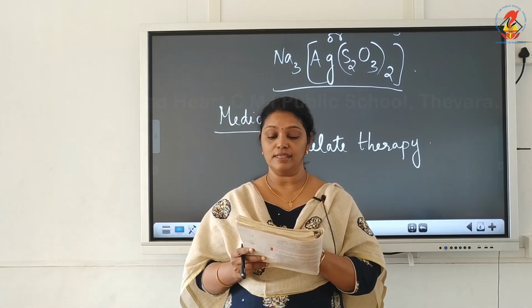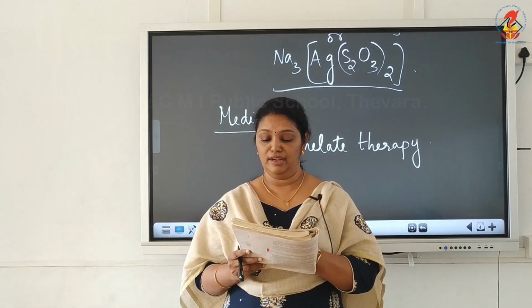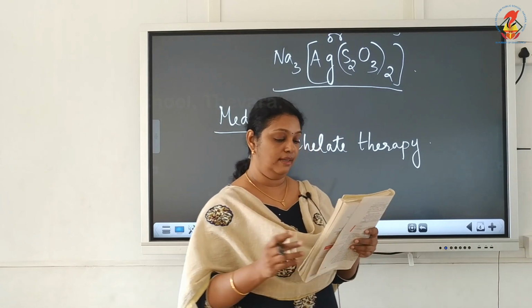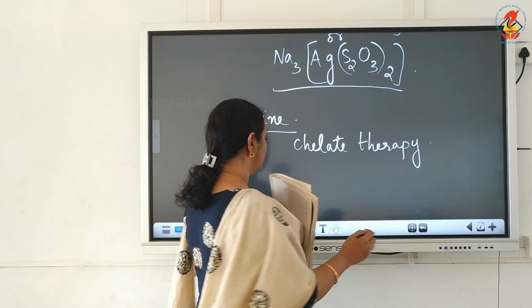For example, excess of copper and iron are removed by chelating ligands, and the names of the ligands are